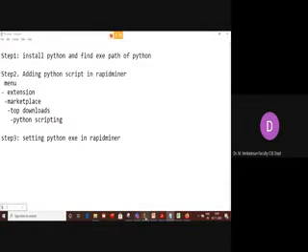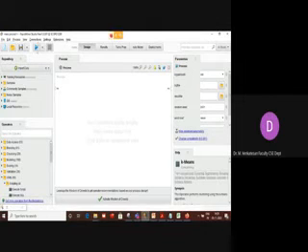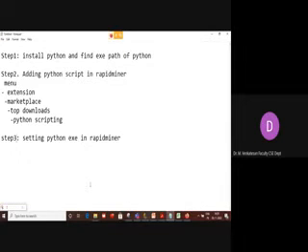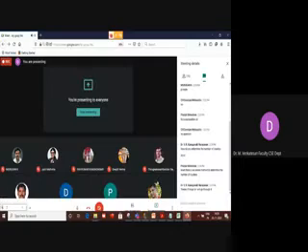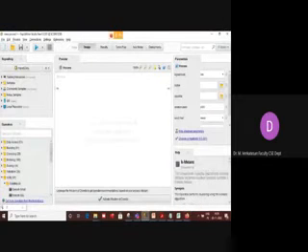So you have to go here. Settings and preferences. Go to the menu. Settings and preferences.